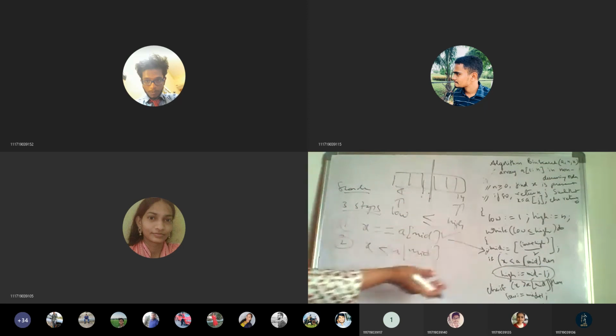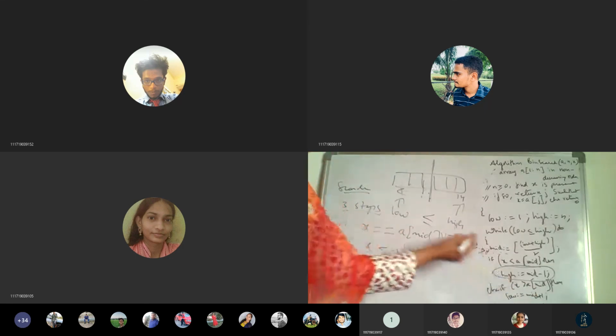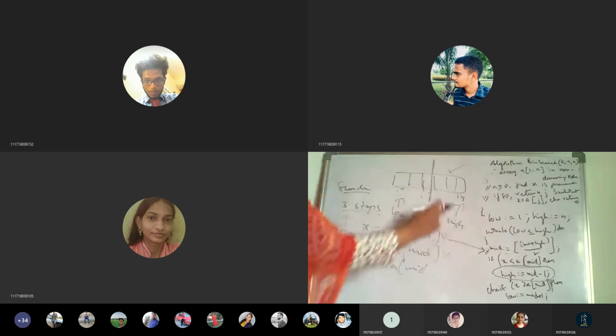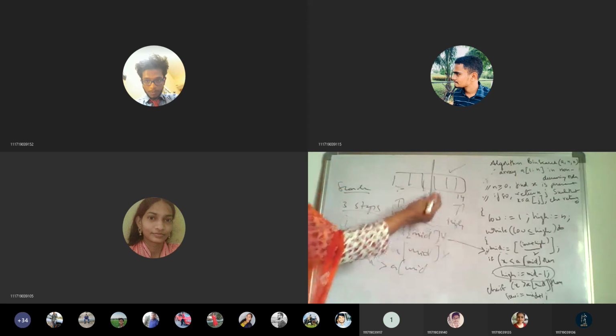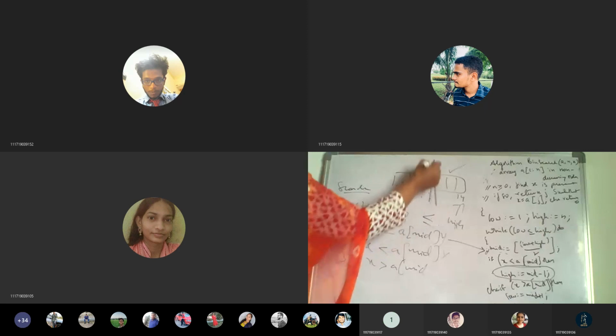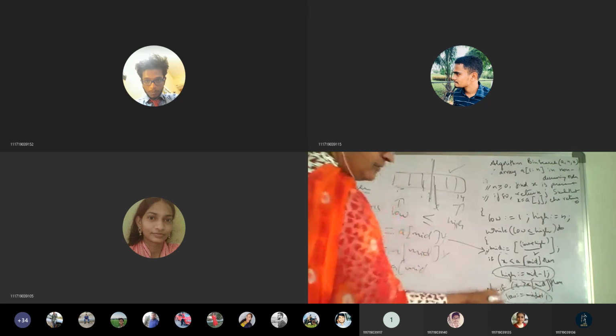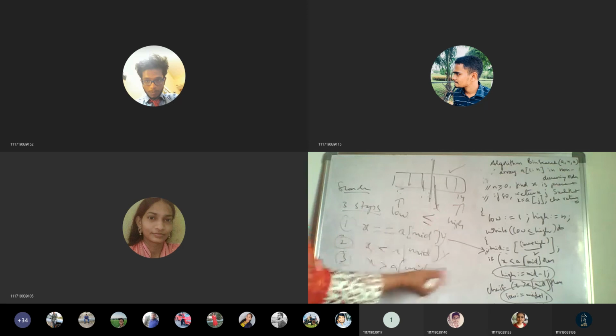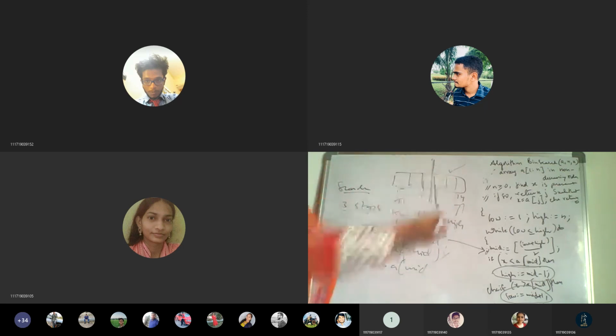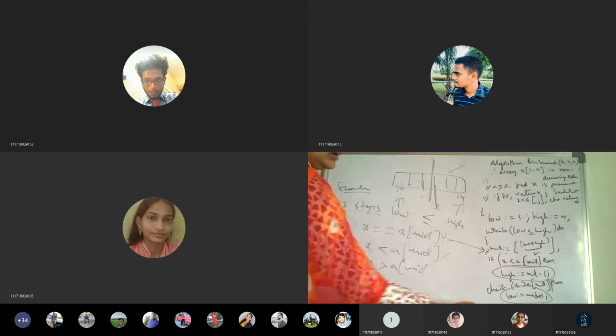And in the other case, if this second condition is not satisfied, then what will be the third condition? X greater than A of mid. So else if x greater than A of mid. If that is satisfied, the element will be in the right sublist, that is in the greater values. So now what will be the mid? Mid is the mid value you got. What will be the low value? Low is nothing but mid plus 1 you are going to take. So low is equal to mid plus 1. And if this is true, we are going to return the mid value where you have found it. Or else you are going to return 0.